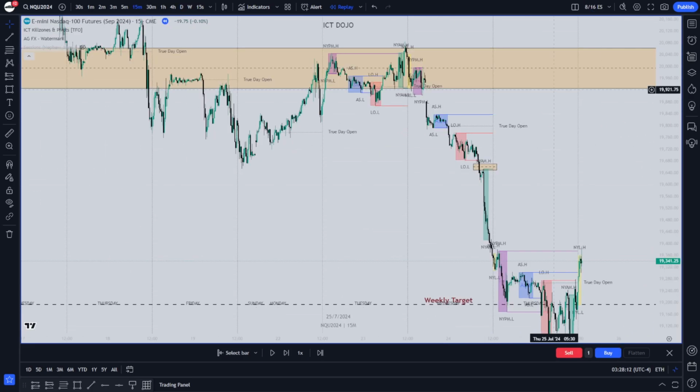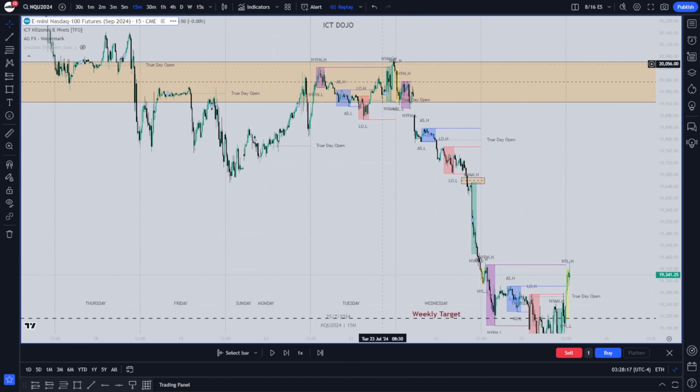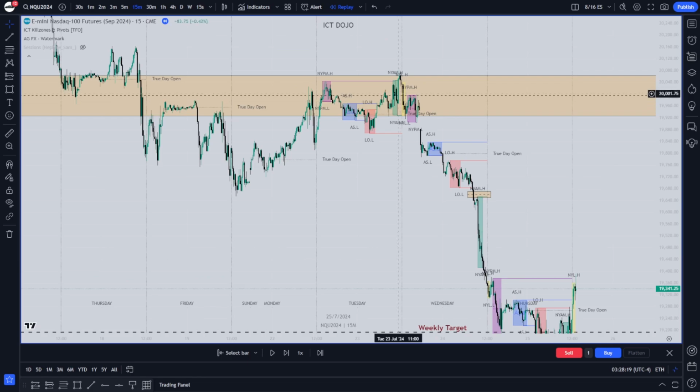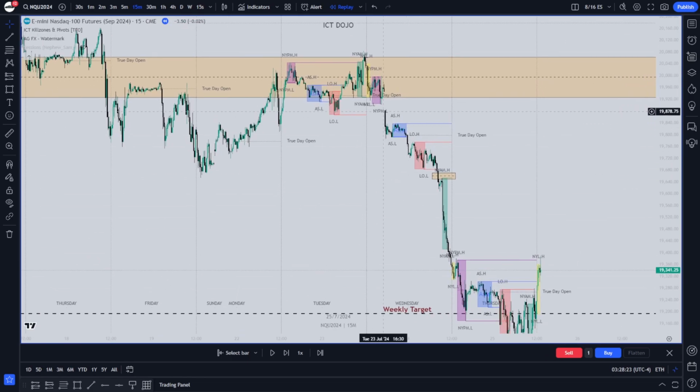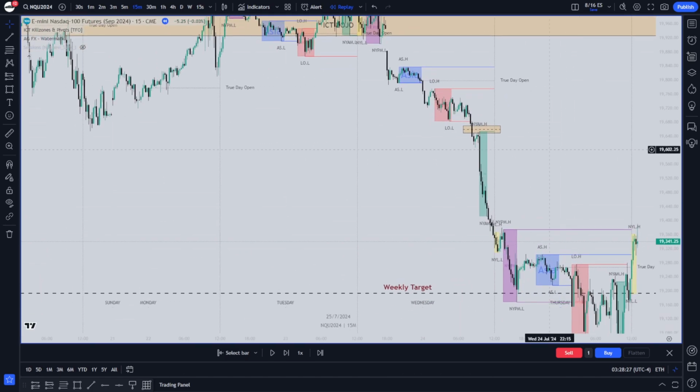Now looking at the 15-minute chart, you can see on Tuesday we took out this high, we traded lower. We probably wouldn't have wanted to trade on this day because we had no red folder news, so we're going to focus on Wednesday. So as you can see, we're extremely bearish. When we don't take out Asia, we don't take out London, and we're just constantly moving down, we could expect continuation